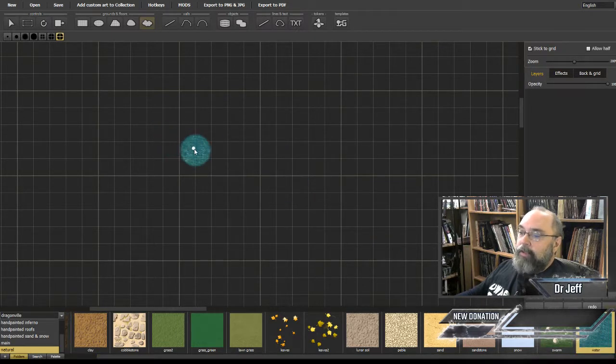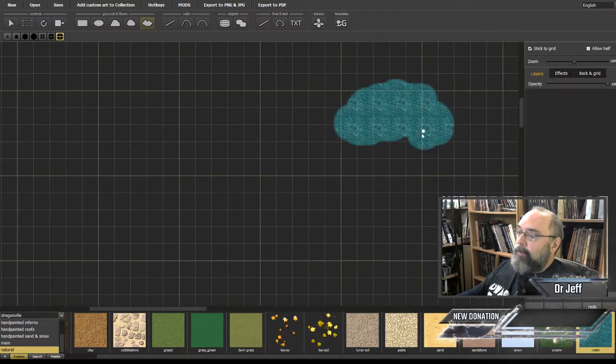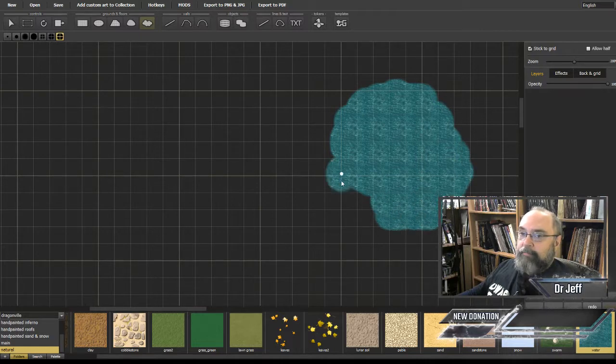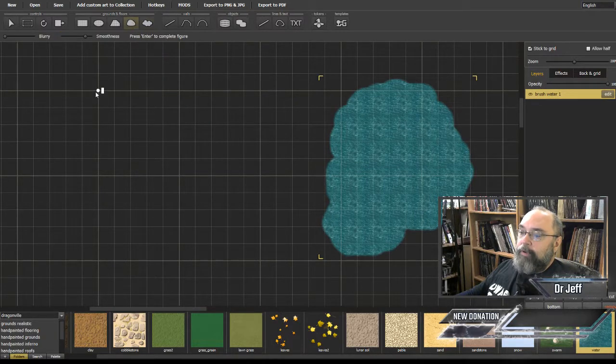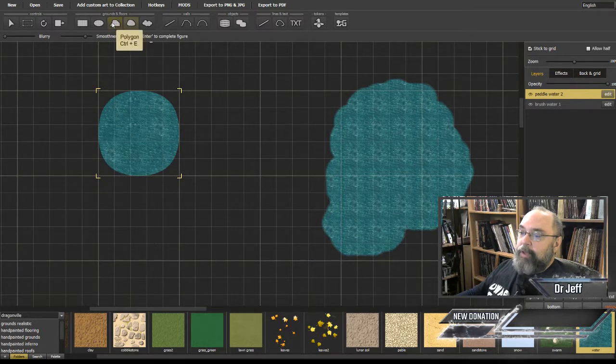And here's our radiant pool of water. Nice little pool, nice little pond. There we also have a very definite size pond,